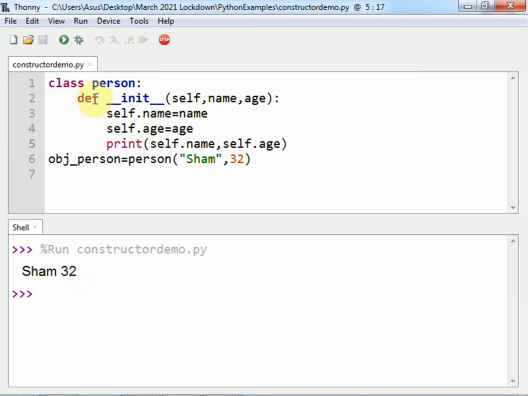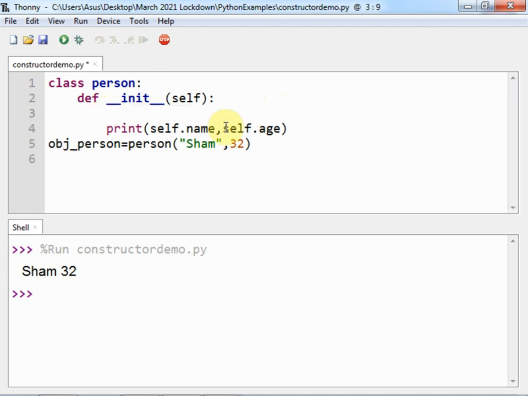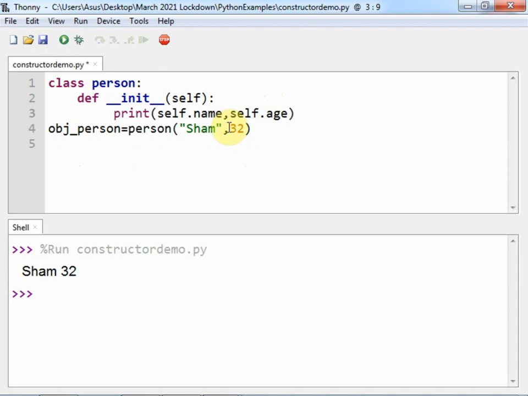So this is how we write the class, then constructor, and then we pass the parameter, and then we create the object, and at the time of creating object we can directly pass the parameter, or even if you don't have parameters you can keep it empty. So if I want to change it, like I don't want this, I'll run this.